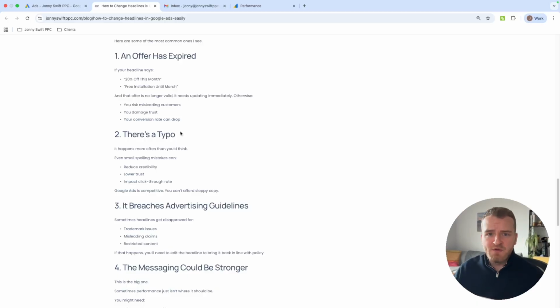Hi, I'm Jonny Swift, the PPC freelancer, and today I'm going to show you how to change headlines on Google Ads really easily. But first of all, just before we start, why would you want to change your headline on